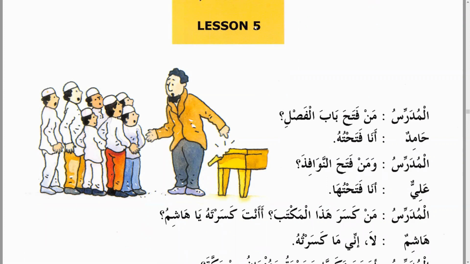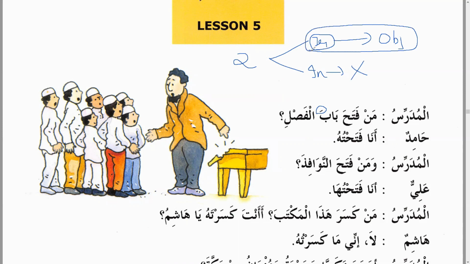And we know that the object of a verb should always be mansoob, right? And we learned about two types of verbs yesterday, one is transitive and the other is intransitive, right? The transitive is called the mutaaddi, and this is the one which takes the object, while the intransitive doesn't take the object. Only the transitive verb does.